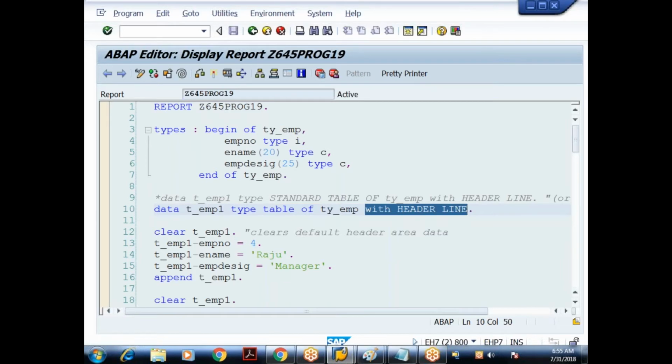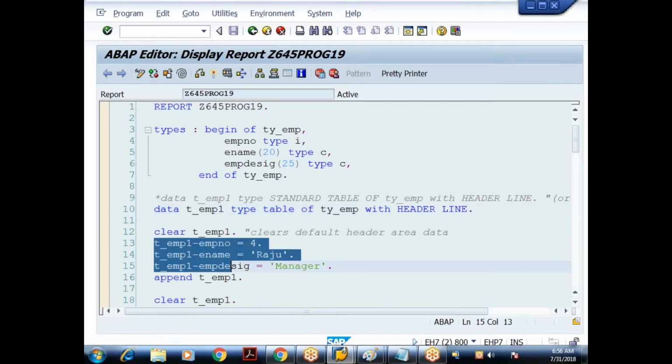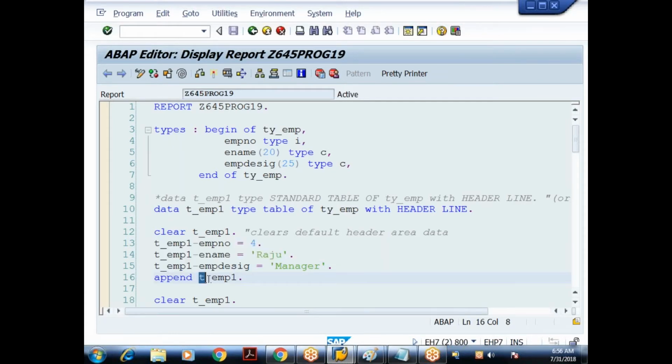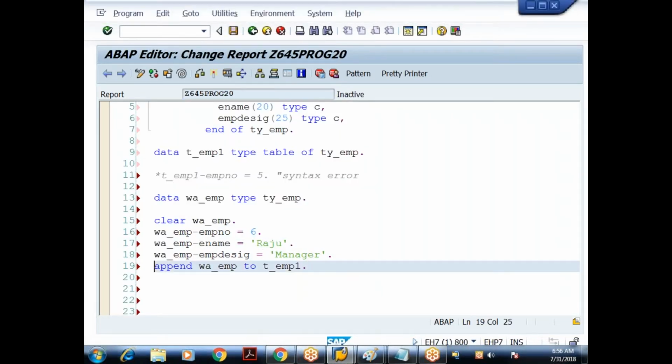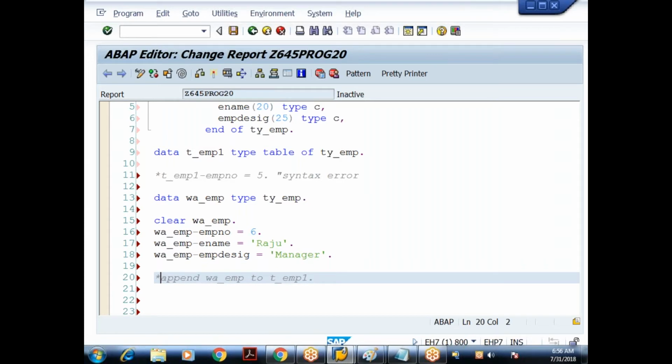So it will create the default header. So when you are doing the assignment, it will be done in what? Header. And what we are saying is simply append T underscore EMP1. What this statement will do, it will try to copy the data from default header to the end of the internal table.